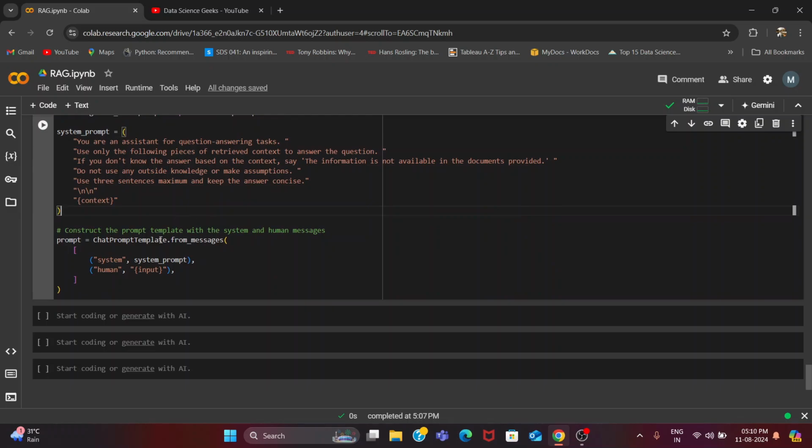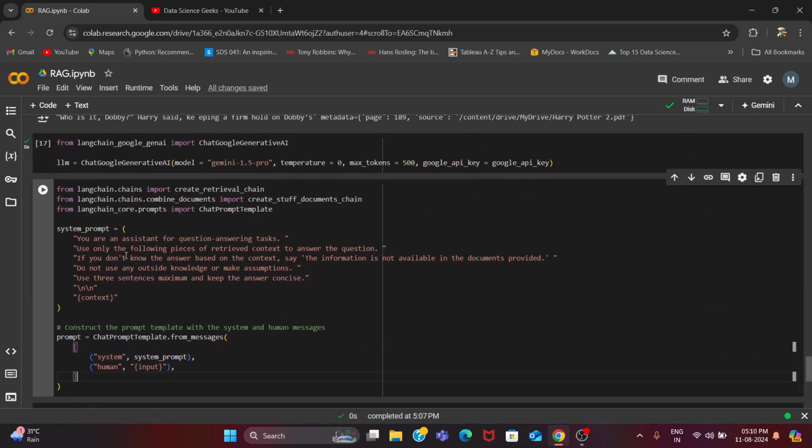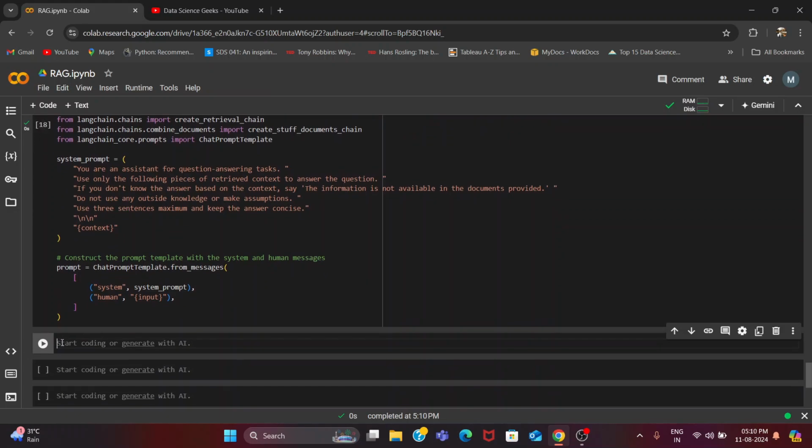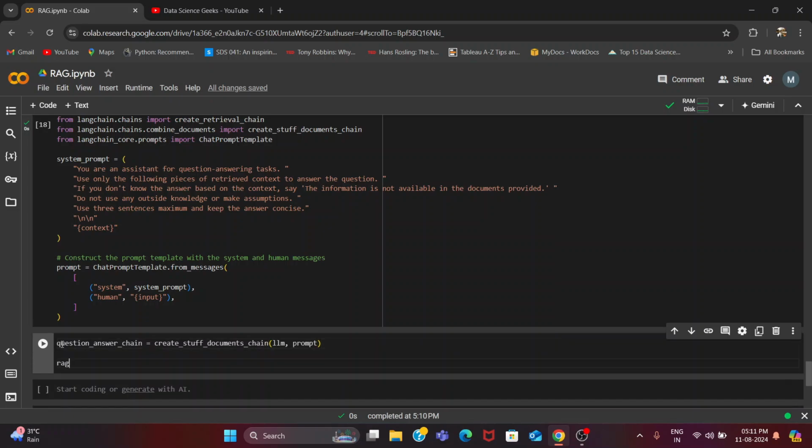The prompt variable is created using ChatPromptTemplate.from_messages. This function constructs the final prompt template, combining the system message, that is, the instructions, with the human message, that is, the user's question. The placeholders context and input are used to insert the retrieved documents and the user's question, respectively. The question_answer_chain variable is created using the create_stuff_documents_chain function. This chain combines the AI model, llm, with the custom prompt, that is prompt, to generate a response based solely